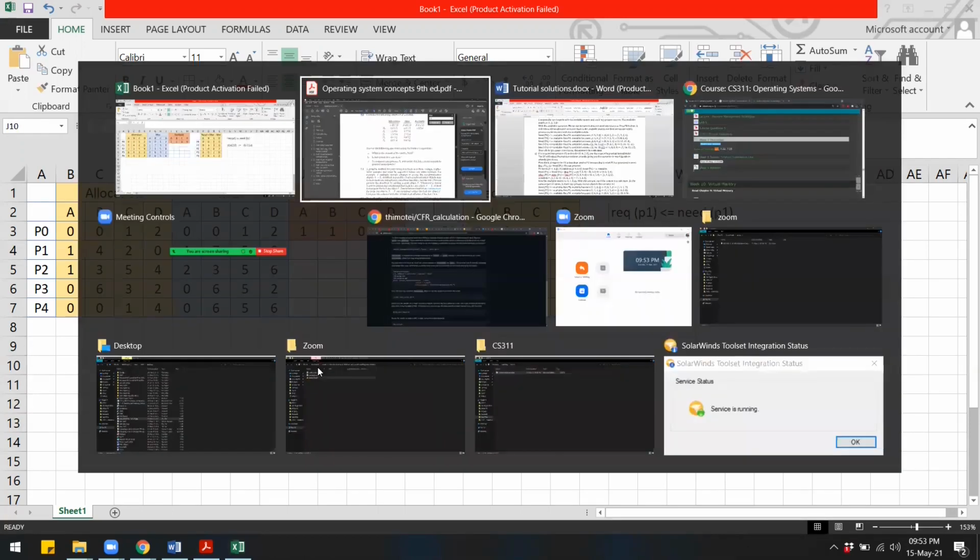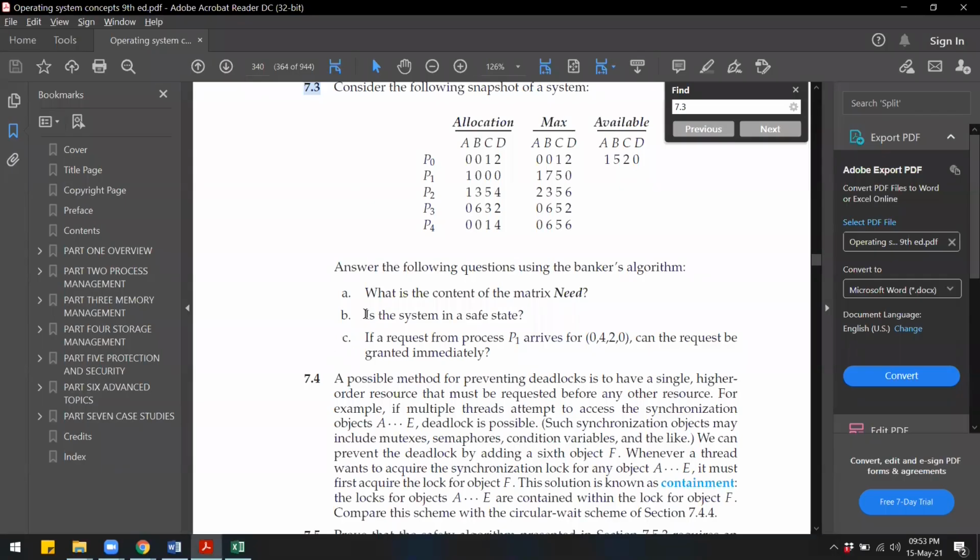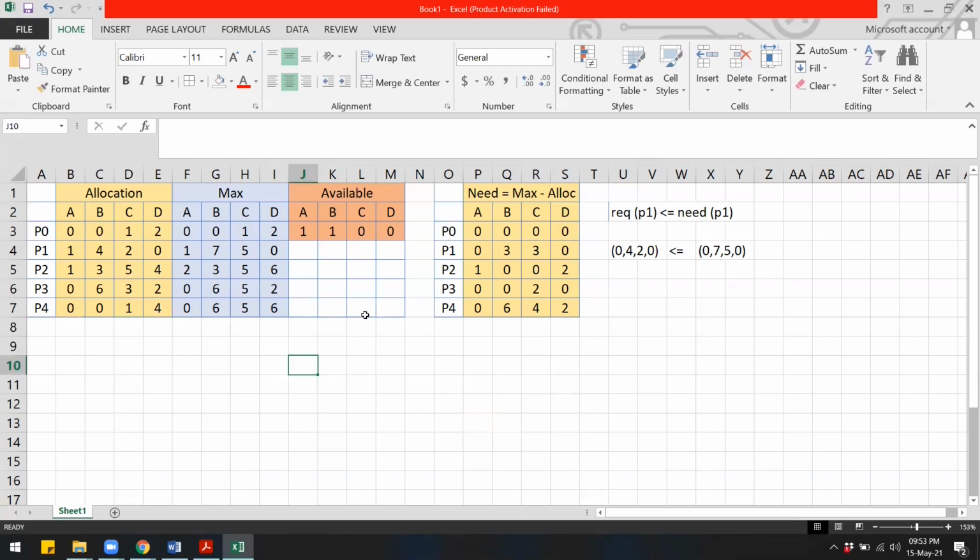So just as we did for part B, we will do the same thing now to find a sequence. Now the available is 1100. So based on whatever is available, can we run P0? Yes, we can, because 0000 is less than 1100.